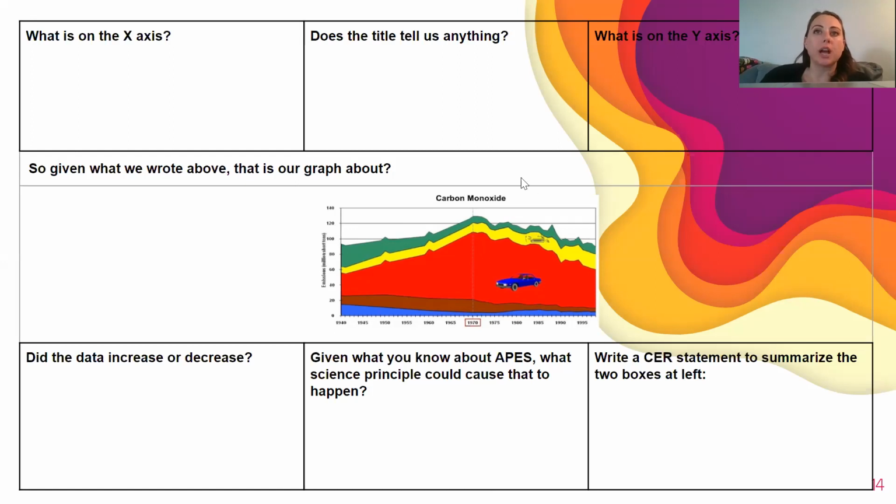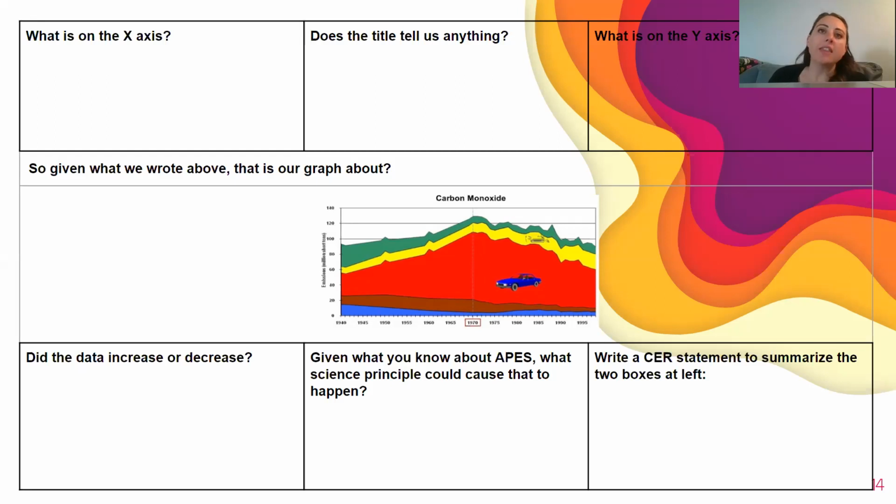The title tells us about carbon monoxide. I don't know a whole lot else, but I know that it talks to us about carbon monoxide. And then the x-axis looks like time. So given what we wrote above, what's our graph about? Well, this must be how much carbon monoxide cars are giving off. It's got a little picture of a car that helps me. So how much carbon monoxide each car must be giving off